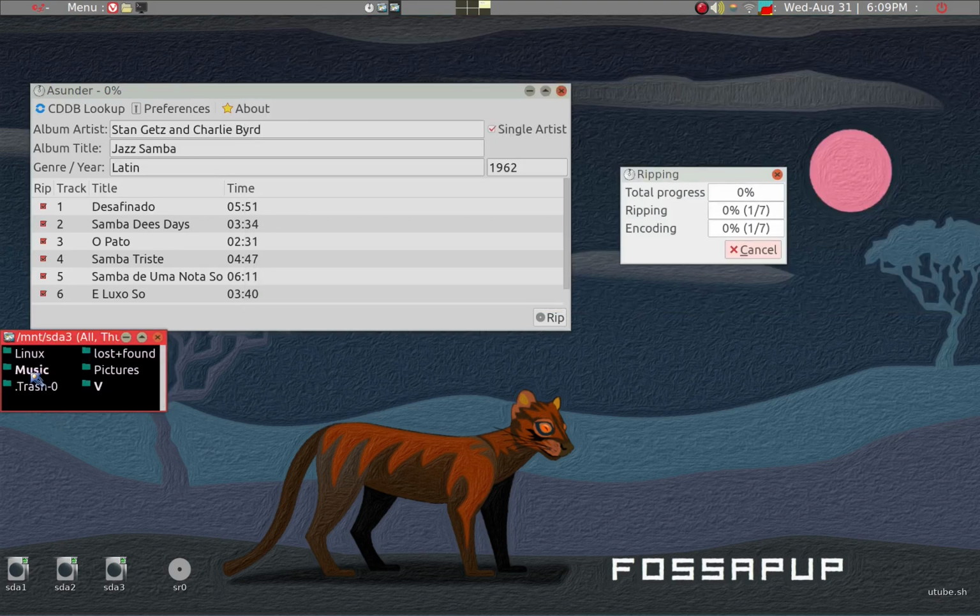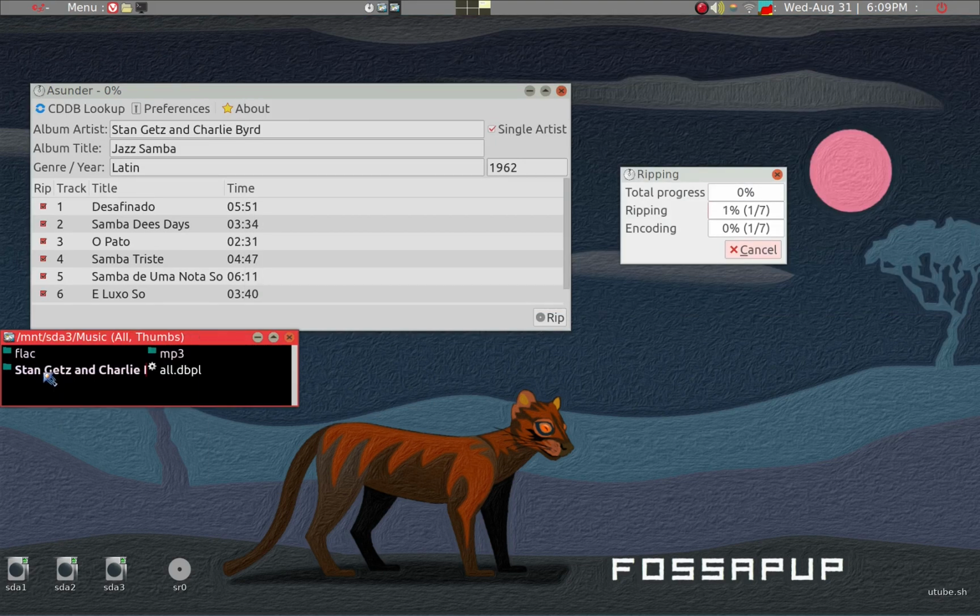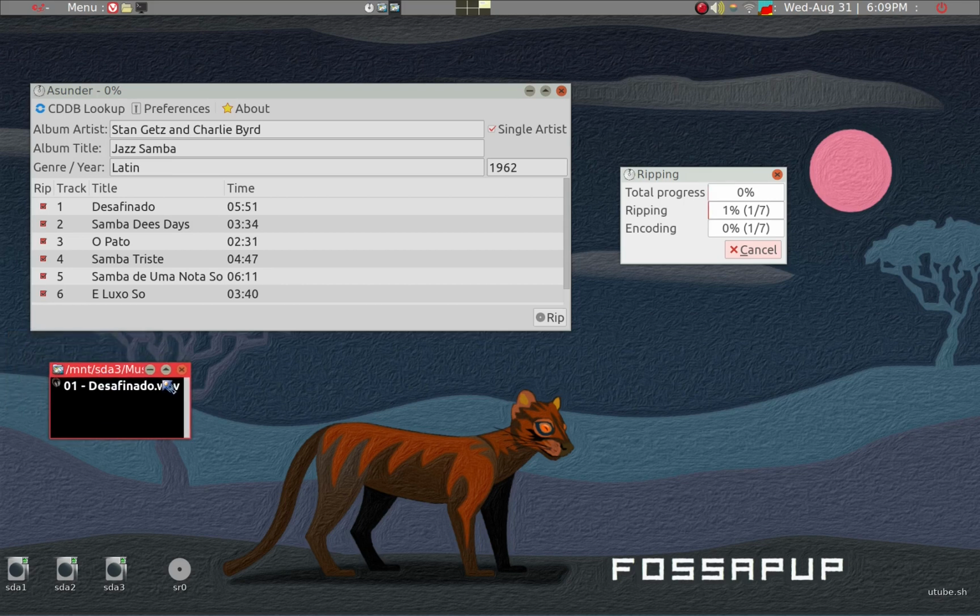We'll go ahead, and here is the file that's being created by the ripping process. We'll give it a minute so we can take a look at this closely as it's being done. Right now it's in a WAV format. It's going to convert into a FLAC file. And you can see that it has a track number and a song title, as we alluded to under